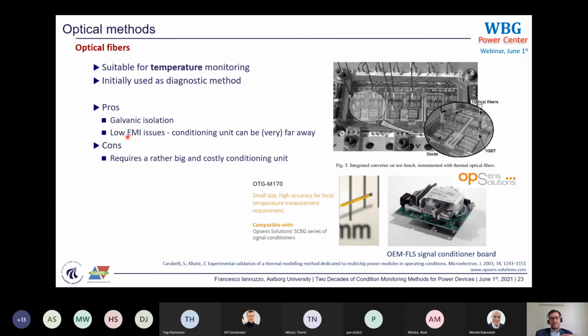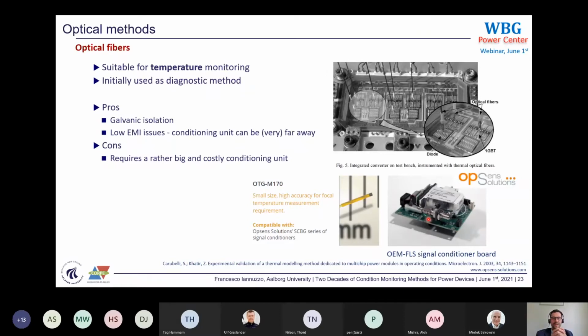What about the cons? The cons are obvious. Optical fibers are not bringing an electrical signal. You need to convert this, and you need to do this by interferometry techniques. So what people do, for example this company, which is a world leader in optical fiber sensor production, what they propose as a solution is a signal conditioner board, which is worth some $100. So you cannot really afford it because it is even more expensive than the IGBT module itself. So you have to be really using this for